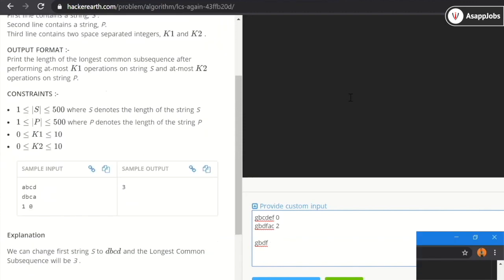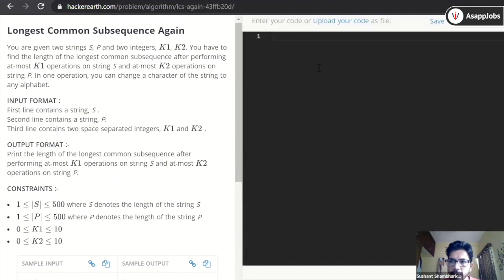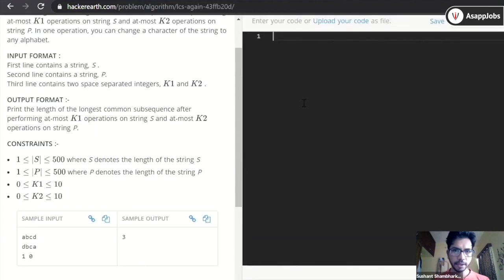So let's just focus on the LCS first, and then we will take care of K1 and K2. Let's take input from the console: a string S, that will be our input, and then another string P, that will be another input, and then we have K1 and K2.